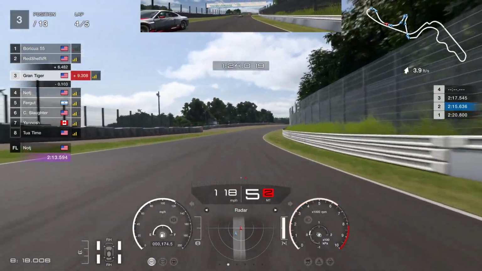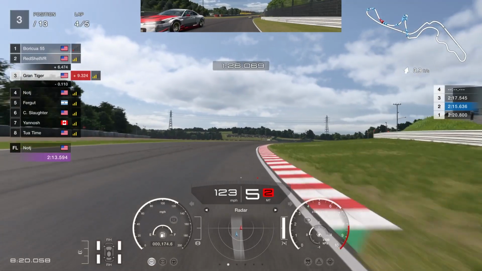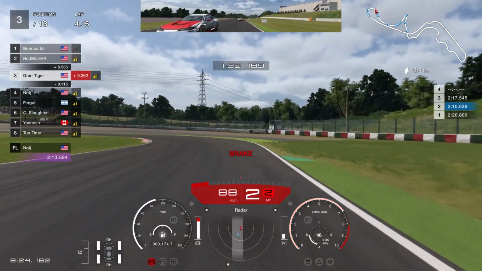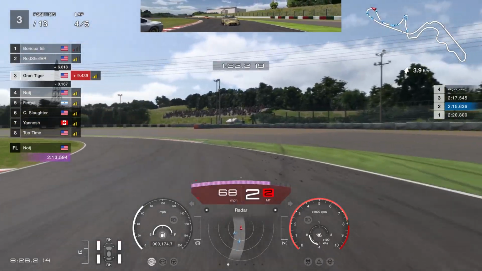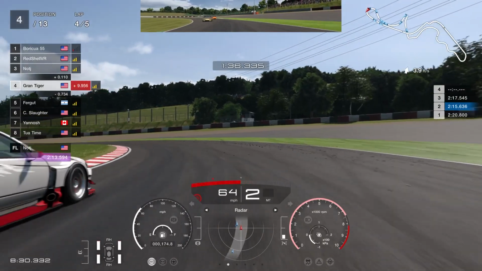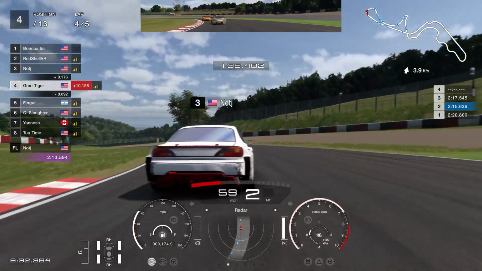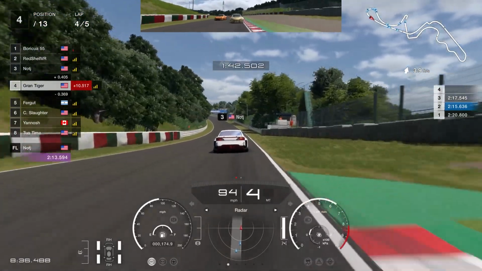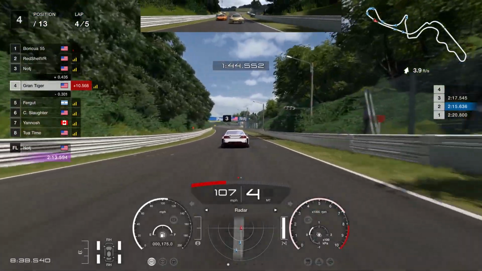I thought he might have been driving dirty, but overall, I think he was being pretty fair. So I go wide here to try to give him some room on the inside and let him through, because I just don't want to keep ramming into each other. So now we're in 4th position, and we have Fergat, who was in 1st place starting, has caught back up